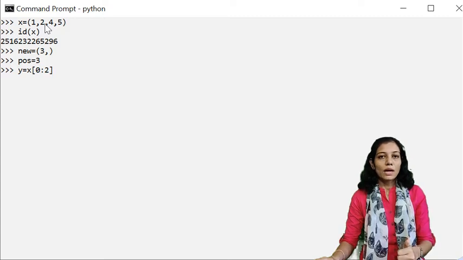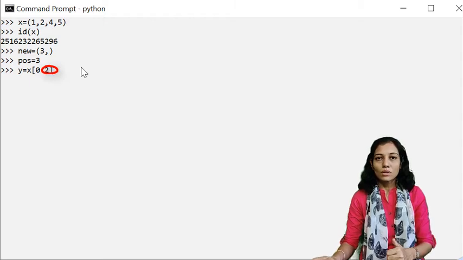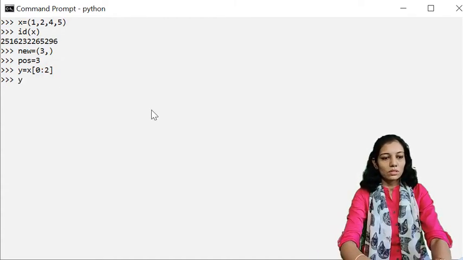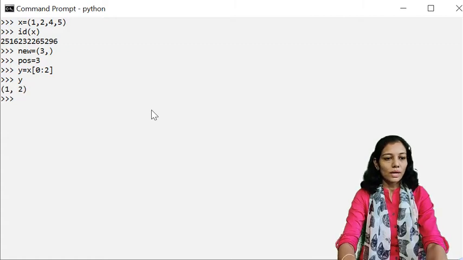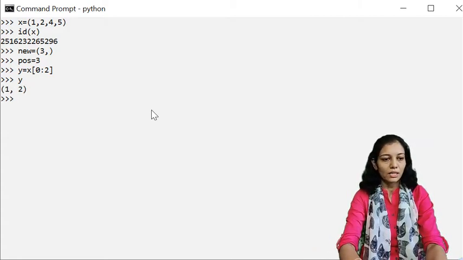At the first index we are having 2, and at the second index we are having 4, but in range slicing the end index will not be extracted. The element at the last index will not be extracted. So if I specify the end index as 2, 4 will not be extracted. So just check the elements of y. Here we are having 1 and 2 as we were expecting, right?